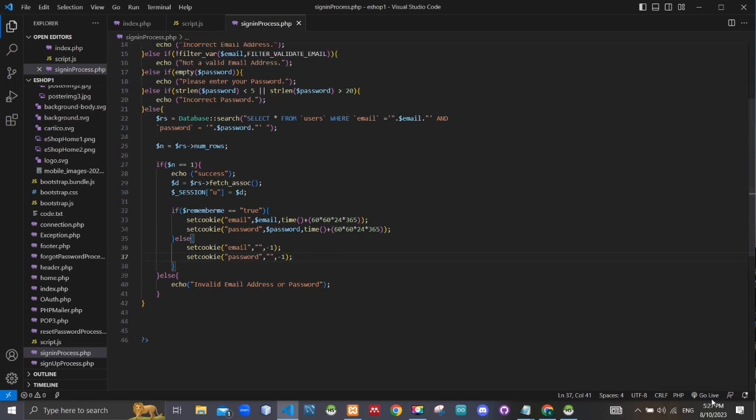As well in here, if the remember me is false, they tell else set cookie email -1. That means -1 means there isn't any time here. That means this is the delete process of the cookie. You can see. Okay, now I am going to